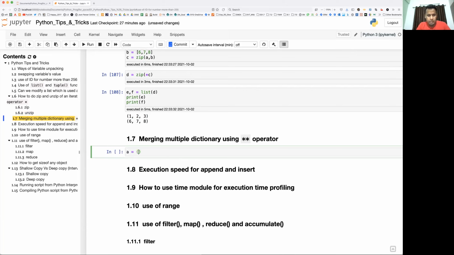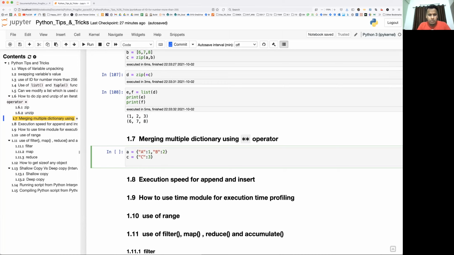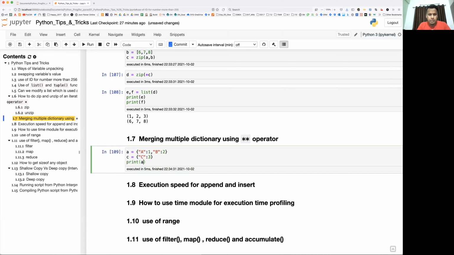So let's talk about one dictionary here, A equal to a colon 1, b colon 2. And C, let's say we have c colon 3. So how did we used to update here?